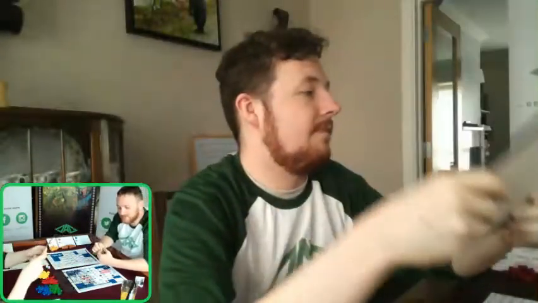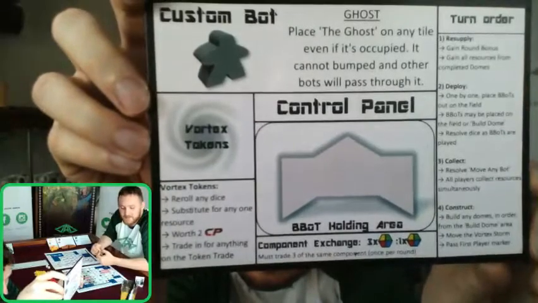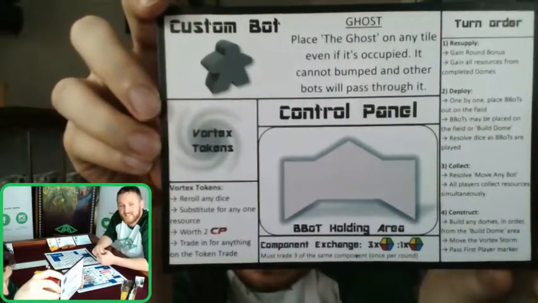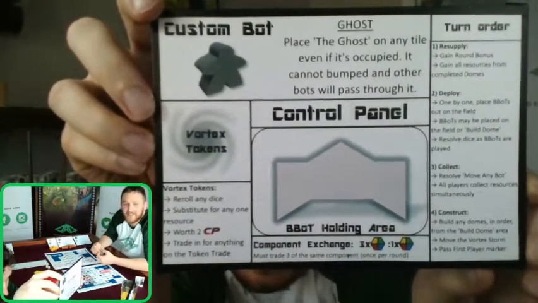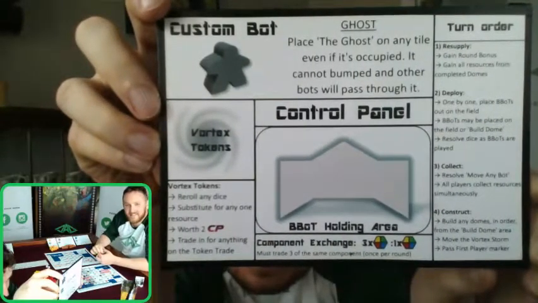Owen's custom bot is the ghost. That's one of my favourite ones. The ghost basically pretends that there's nothing around him. He just moves around the board as if nothing else is happening. No one can bump him, no one can shove him out of the way. People just move around him and act as if he's not there. So he is immune to all the bumping and all the